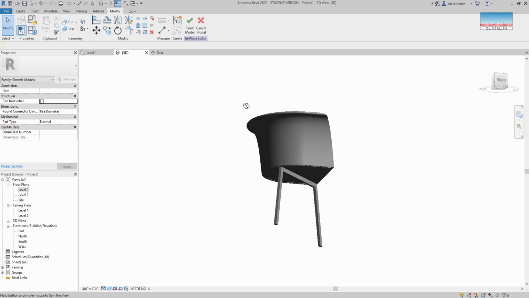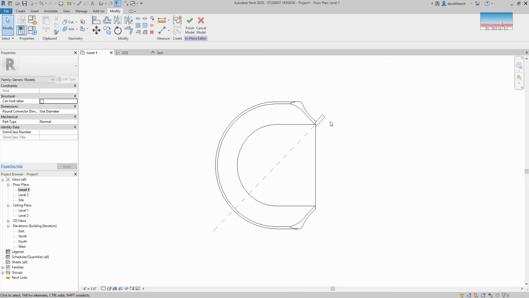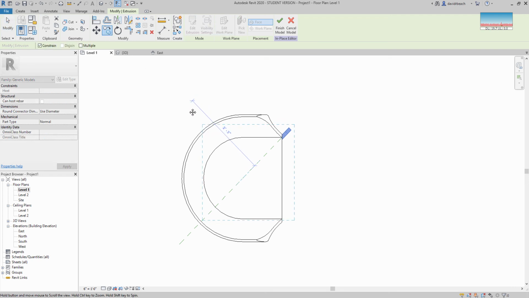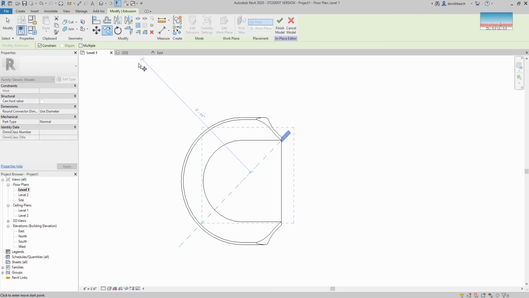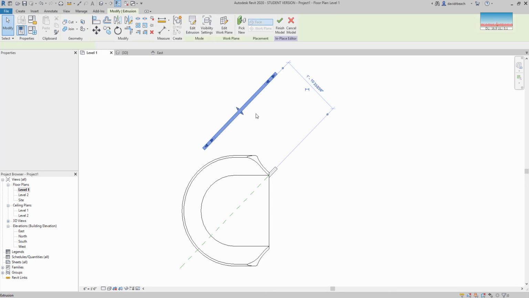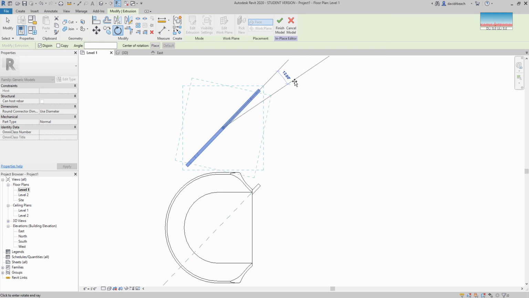So let's take that and look at it as a shaded view. You can start to see how that's coming together. The next step for something like this would then be to come in, and I'm going to copy this piece. I'm going to turn off the constraint. That means that it's no longer attached to the reference plane. And I'm going to move it up just so I can see it. Next, I'm going to activate rotate, and I'm going to disjoin it from the reference plane so that I can rotate it